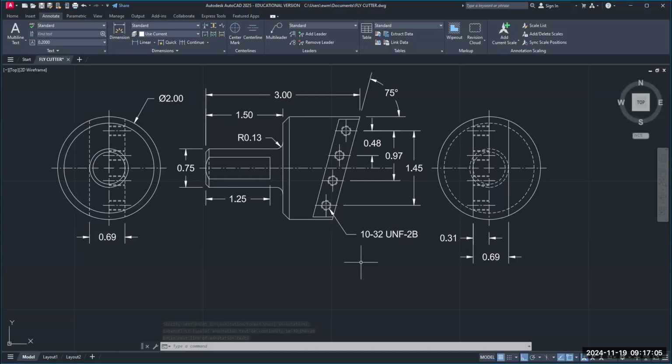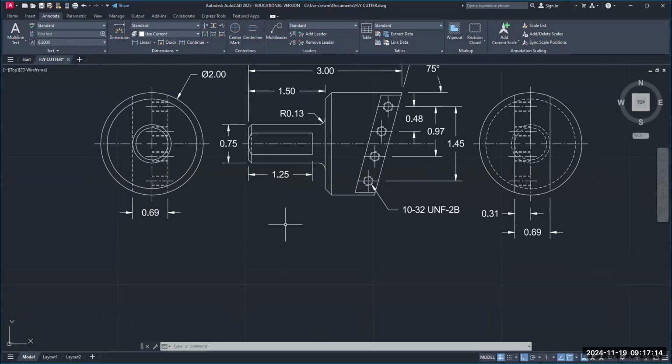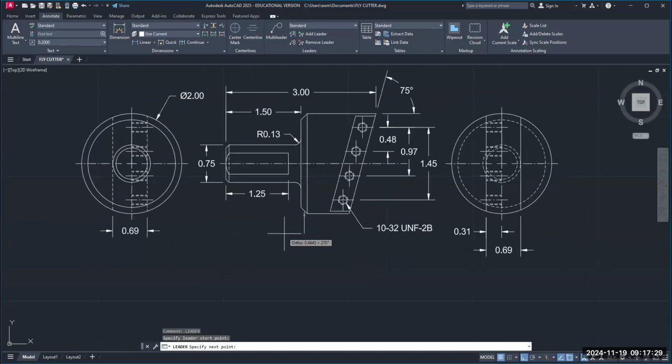So I hope you got that. I'm going to come over here and do this chamfer, and I'm going to do this chamfer. Type in leader, enter. I'm going to move this until I'm at the midpoint. Click. See, look. See, we don't want that, right? We can zoom out by rotating the scroll wheel here. And we hit F8. And we turn ortho off. Click. Now you want to turn ortho back on, see, because the tail there is going crazy. Hit F8. Click. Enter. And we're going to type in